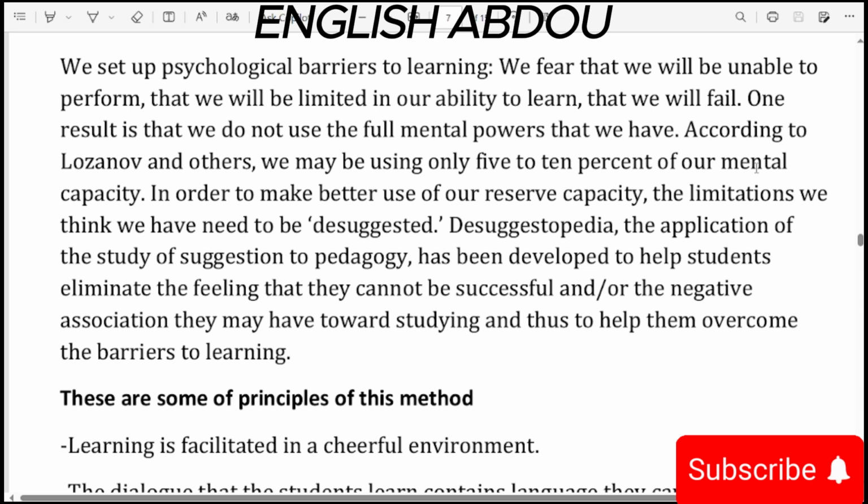The limitations we think we have need to be overcome, okay? After that, we lose attention because we feel bored, we feel tired, because we don't have anything interesting inside class. That's why these are the problems. That's why this method was created in order to